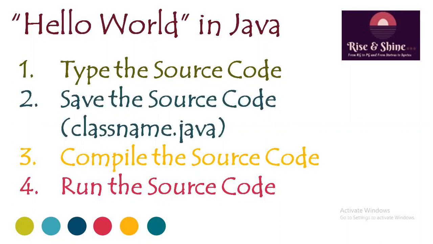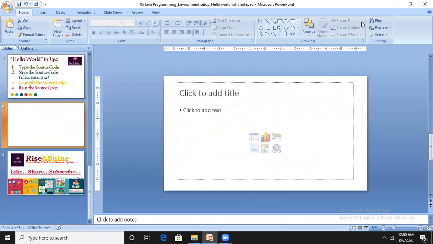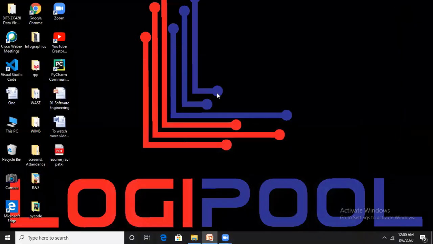So we start this procedure, step 1, 2, 3, 4, and we will see how to write our first program, Hello World. To write this program, go to any editor.